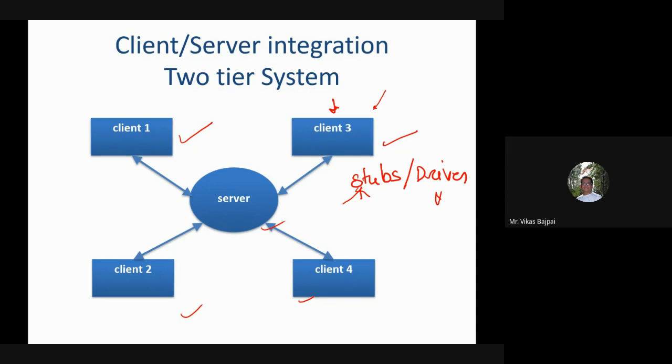Stubs are divided into four categories, such as those which show the traced message and the display message. In case of drivers, drivers are used when high level modules are missing, and can be used when lower level modules are also missing. So in both cases I can go ahead with it.